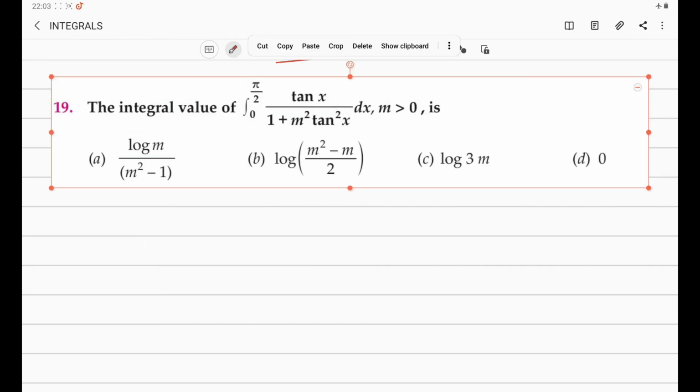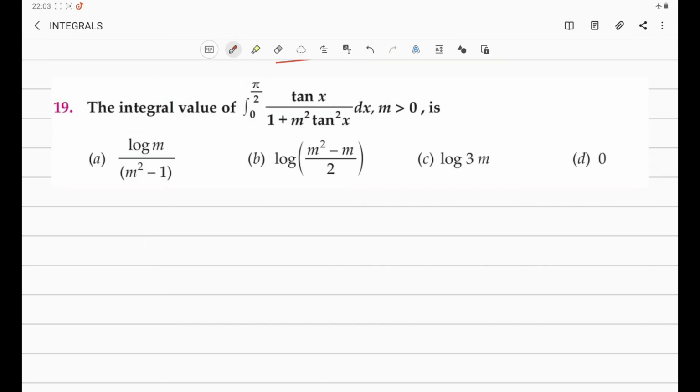Question number 19. The integral value of 0 to pi by 2 tan x by 1 plus m square tan square x dx, where m is greater than 0. So let us try to evaluate this. Integral 0 to pi by 2, we write this tan x as sin x by cos x by 1 plus m square, tan square x is written as sin square x by cos square x